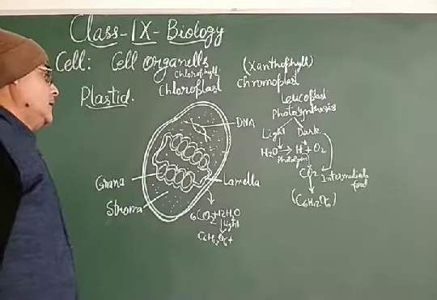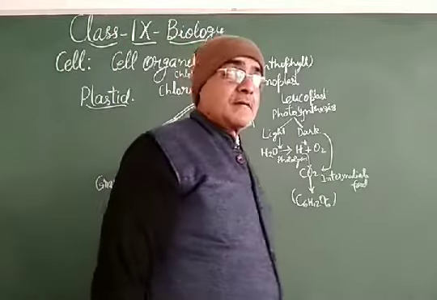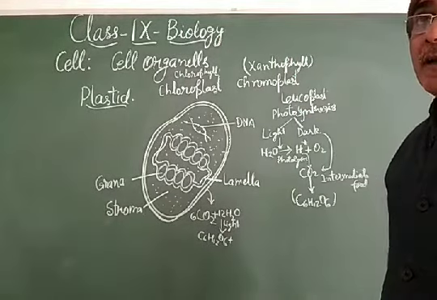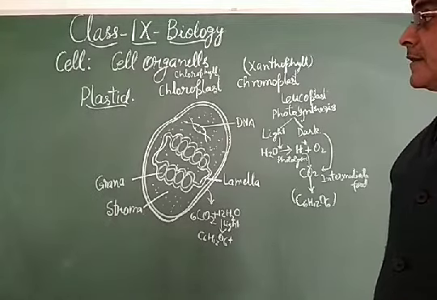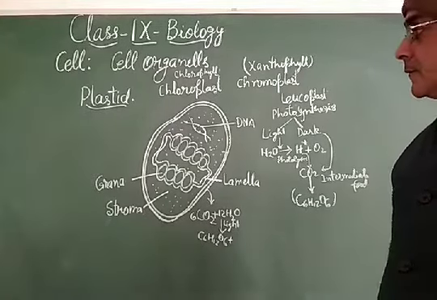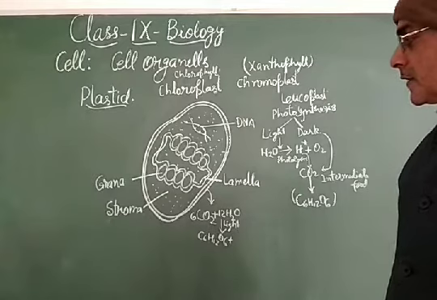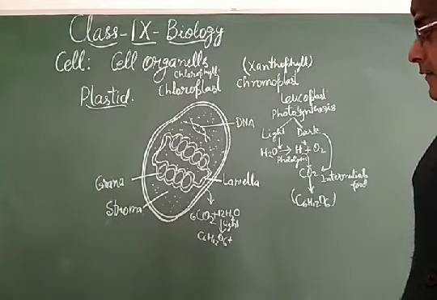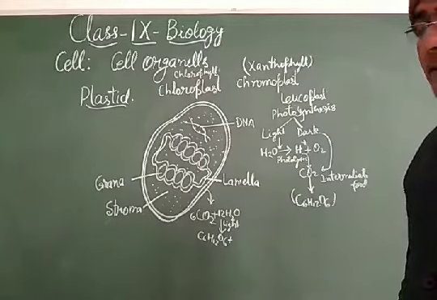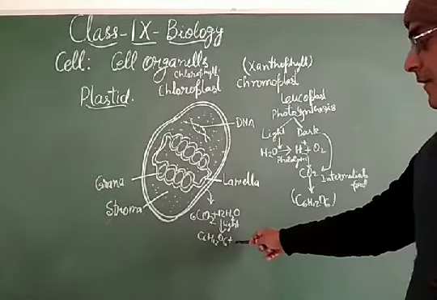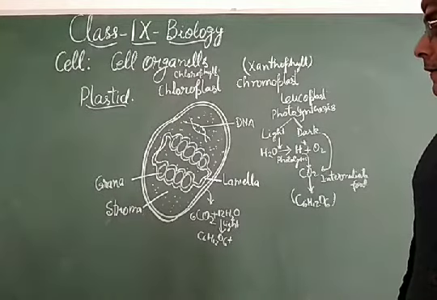So my dear students, double membranous structures are the structures present inside the cell, that is the plastid, mitochondria, Golgi body. Similarly, this is a part of the cell organelle that performs the function of anabolism. Photosynthesis is the process of anabolic activity, while respiration, performed by the mitochondria, is the catabolic activity. So in respiration, the breakdown of the carbohydrate molecule takes place, and the energy gets liberated in